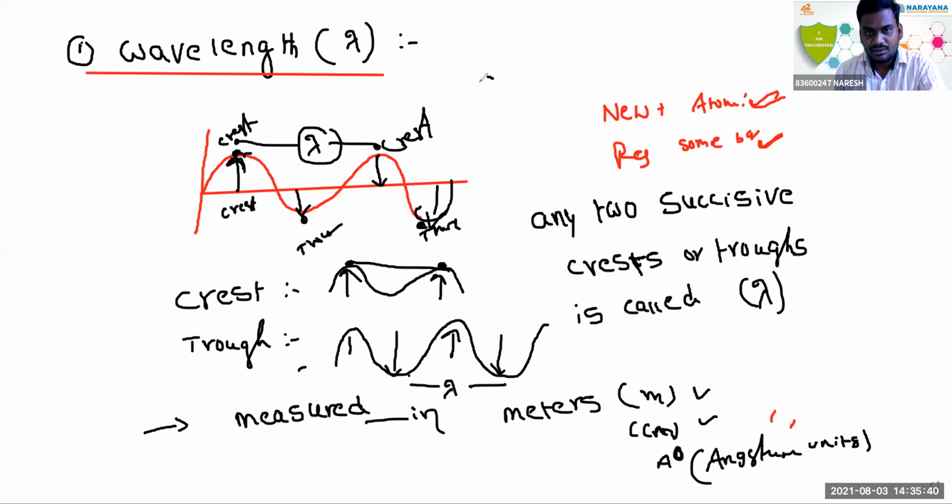Generally, what is the SI unit of wavelength? The SI unit of wavelength is the meter only. Write this point also: the SI unit of wavelength is meter. Next, conversions. 1 angstrom is equal to 10 to the power minus 10 meters